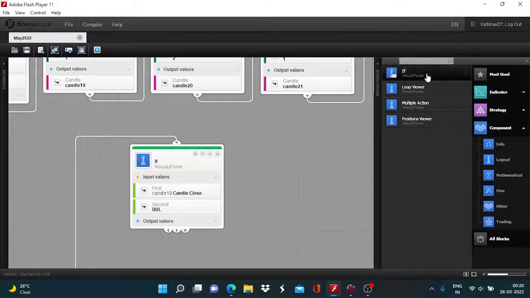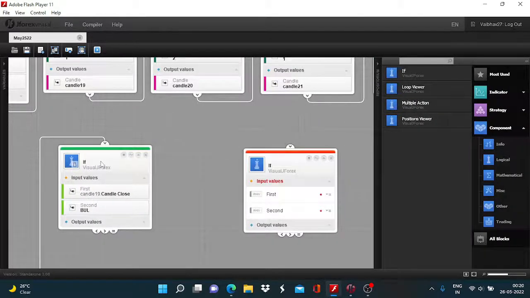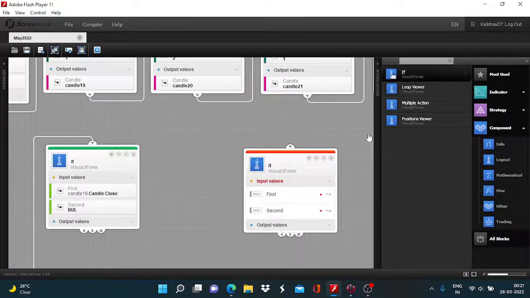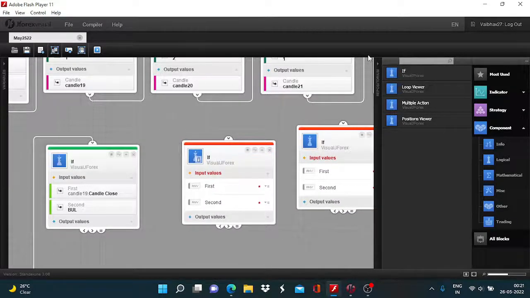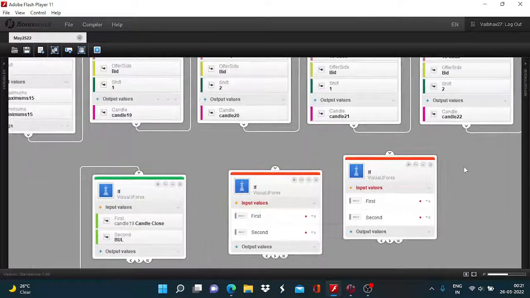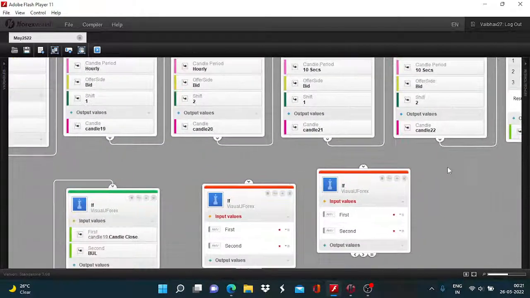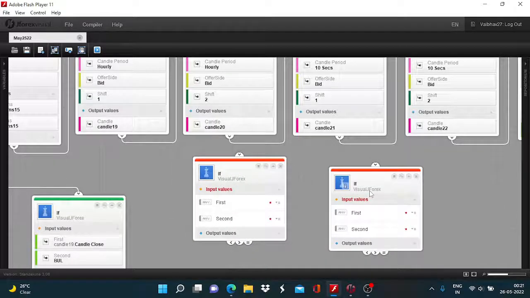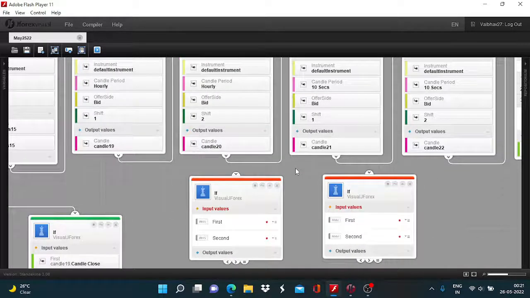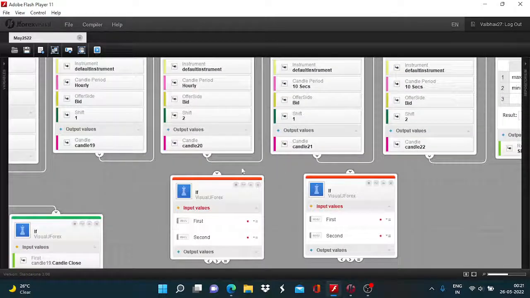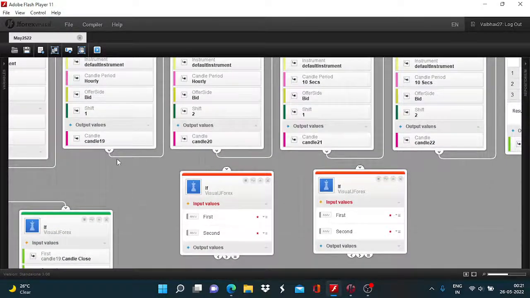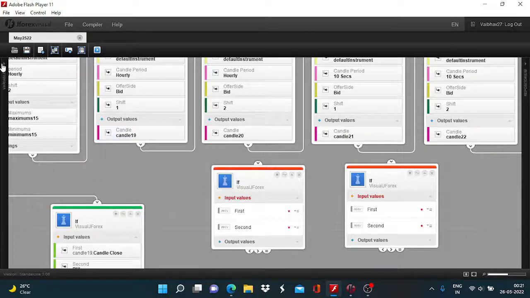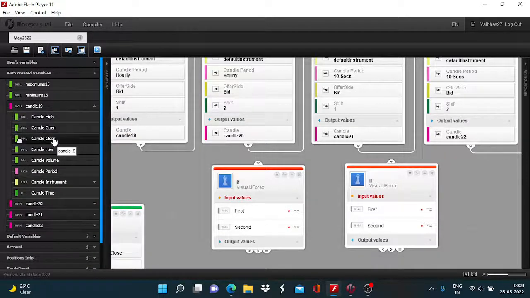So for that, I'm going to take two more blocks, and here we have this. So candle 19 candle close will be the common input in both of these,